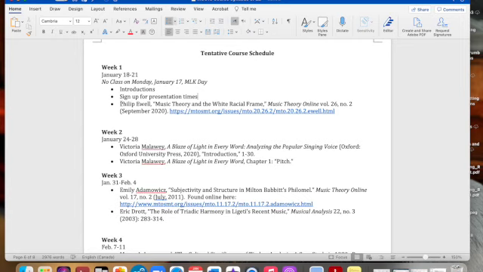And then I have one reading for you, which is this article by Philip Ewell that some of you may have read before in bibliography class. It is a written version of a keynote address that he gave at SMT, which is the Society for Music Theory. And he did a wonderful job, but it was somewhat controversial. And so I wanted to give you a chance to read that and once again think about whiteness and race as issues that are manifest in music theory, even though we may have been taught to ignore such things,